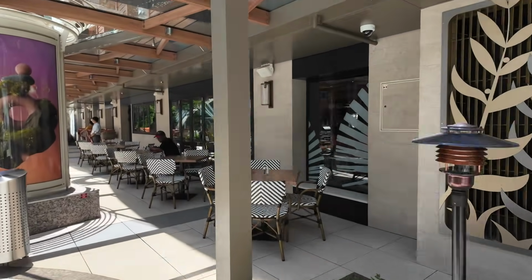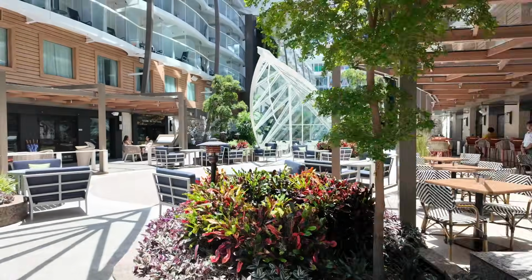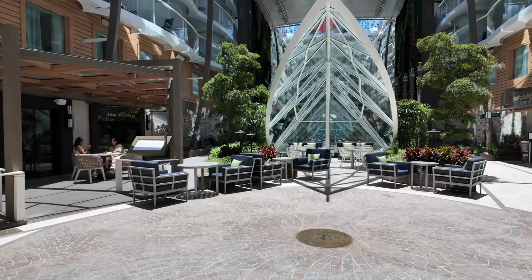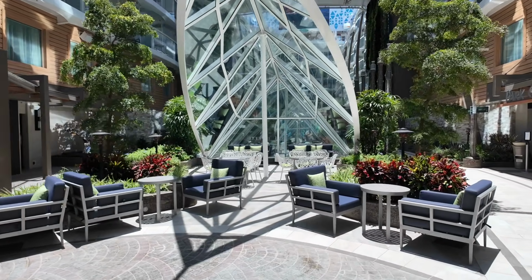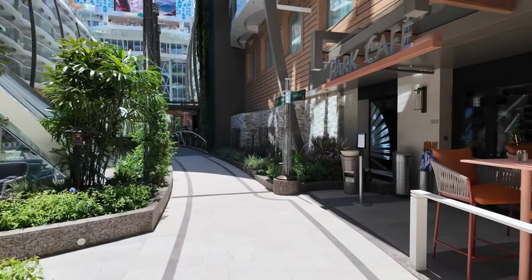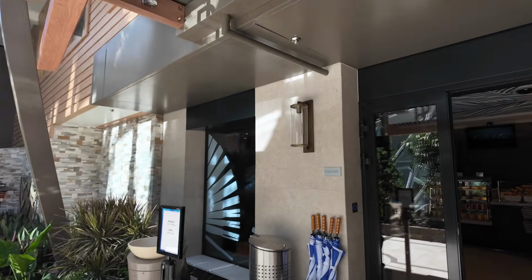And then we have a great food venue that's an included food venue here on the right. This is the Park Cafe. We'll take a quick swing through there. The seating area here is a place where they do have live music at night. But dipping into the Park Cafe,